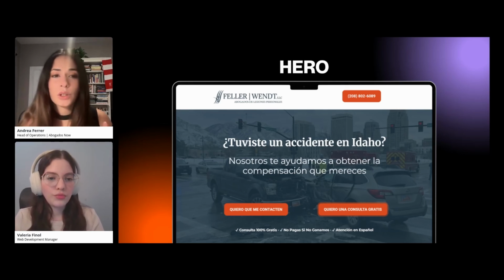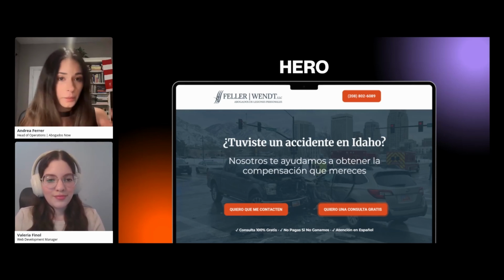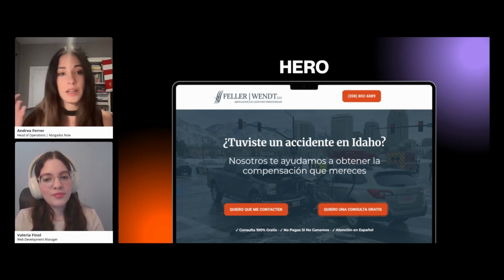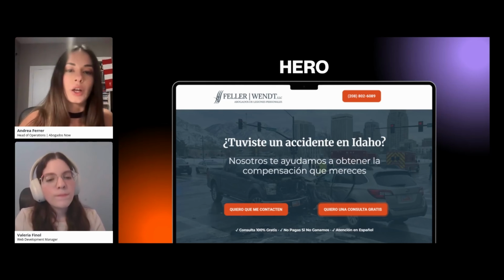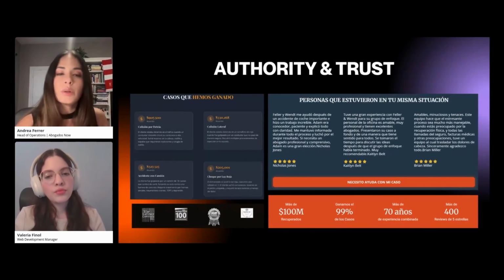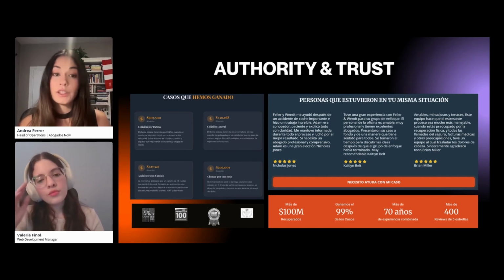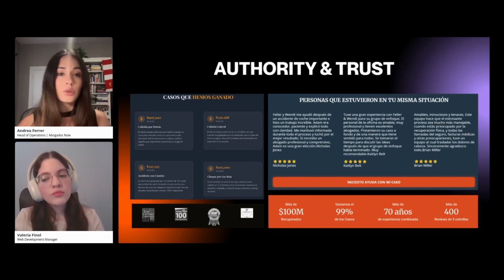I want to mention that these call to action buttons are clickable, and on the mobile version, at least, advice from us, we fix them. So as you scroll on the mobile version, that is always there, so the person can always contact you without having to scroll back up and down. This brings you to the authority and trust situation. This was mentioned by Ali during both her Google and her Meta sections because it's connected a lot with what the AI is looking for now. So what is it, Valeria?